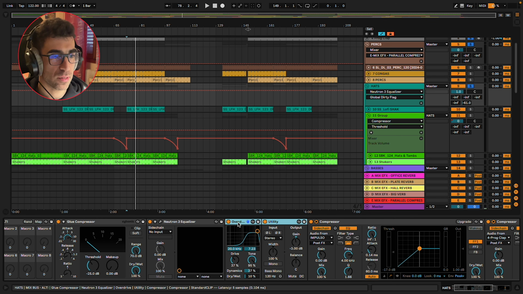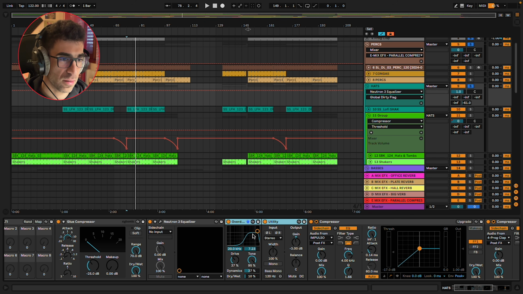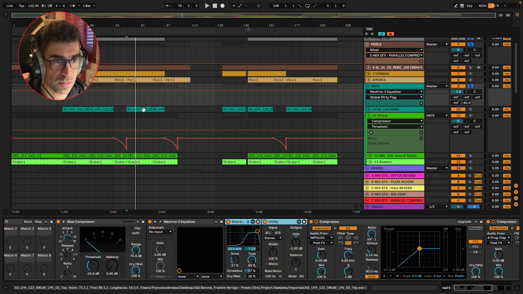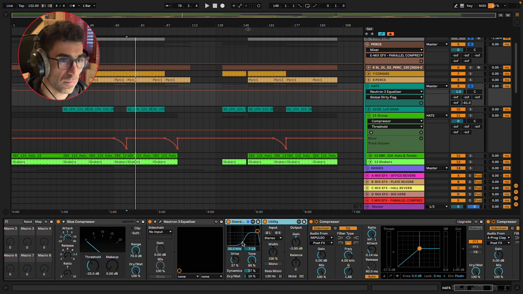It's very cool because it brings all the heads much forward and up front without actually turning up the volume, and also sculpting them in the exact frequency I want them to sound without changing the pitch or the sound itself, just making them a bit crispier, airy.